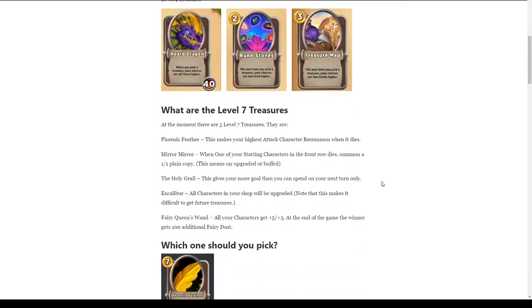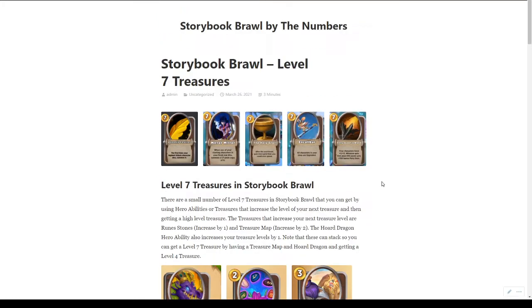So, what are the level 7 treasures? There's 5 of them. There's Phoenix Feather, and we have the pictures of all of them up here. The first time your highest attack character dies, you summon it. So you summon a copy of it, just like any other spawn mechanic. The Mirror is when one of your starting characters in the front row dies. Only the front row. You summon a plane. That means one unupgraded and unbuffed